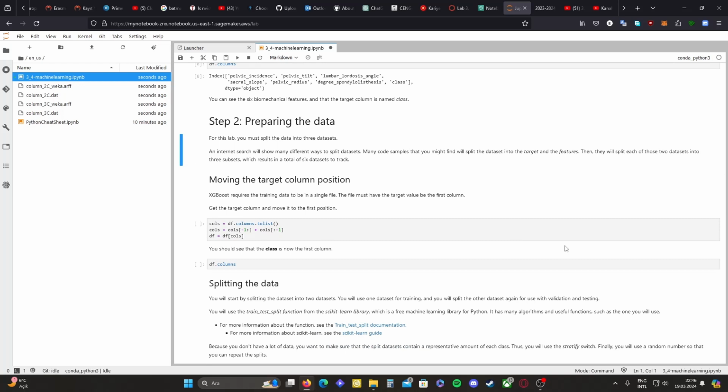We must split the data into 3 datasets. An internet search will show many different ways to split datasets. Many code samples that we might find will split the dataset into target and features. Then they will split each of those two datasets into 3 subsets, which results in a total of 6 datasets to track. Moving the target column position: XGBoost requires the training data